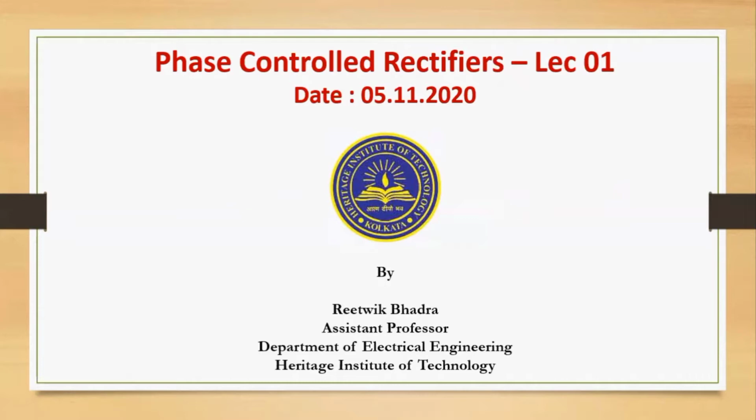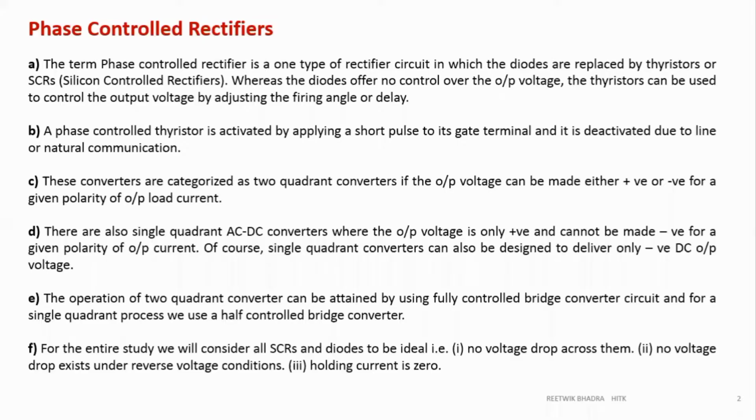Now, first of all, why are we doing power electronics? What was the main advantage of this? We were using high power devices that could be used in high voltage and current ranges, and also wherever high frequency ranges were used. And moreover, the main objective behind this was that we could have a controlled output, and the most important use of that is to control the speed of any motor, maybe AC or DC motor, according to the output of a power electronic circuit. So this is the first lecture about phase control rectifier.